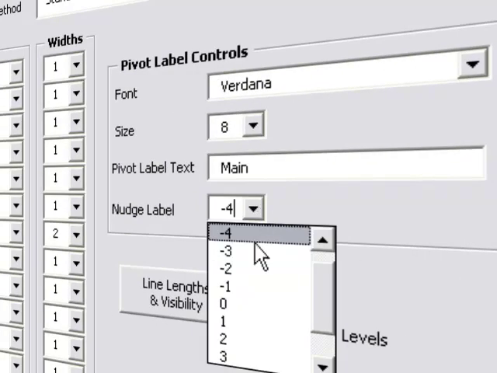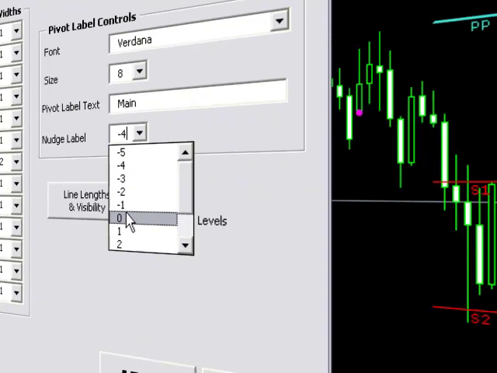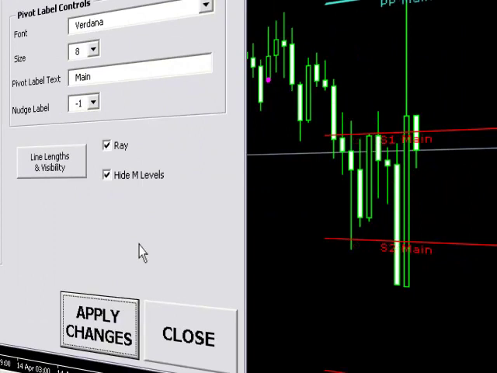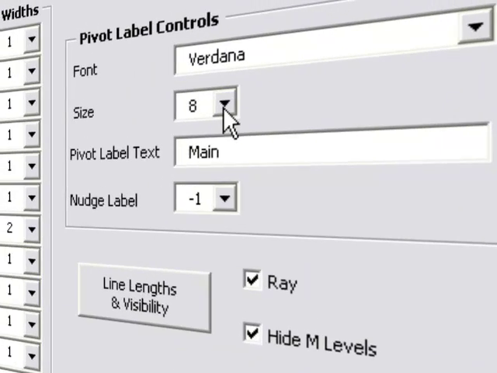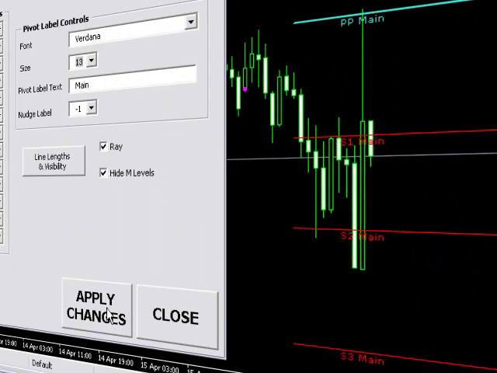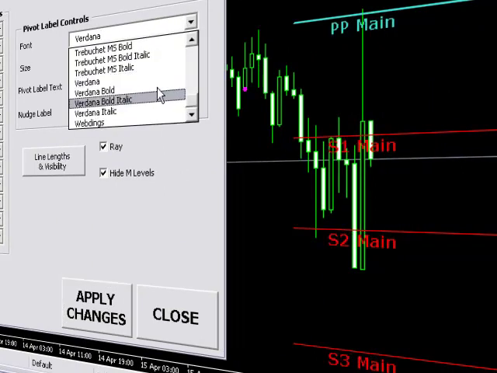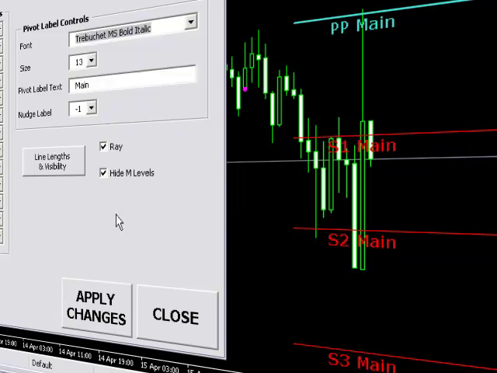We can also nudge our pivot labels by X number of chart periods. So if we want to move slightly to the right, we just could change it to, say, -1. And now you can see our chart labels, our pivot labels, have been actually moved over accordingly. We can also change the size of the data very simply. So let's give it size 13 font. Okay, so very simple. We can change, obviously, the font as well,